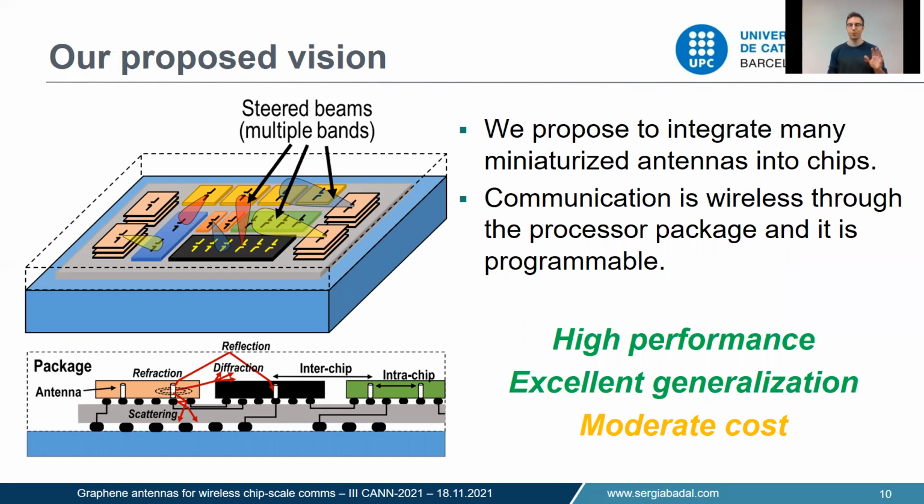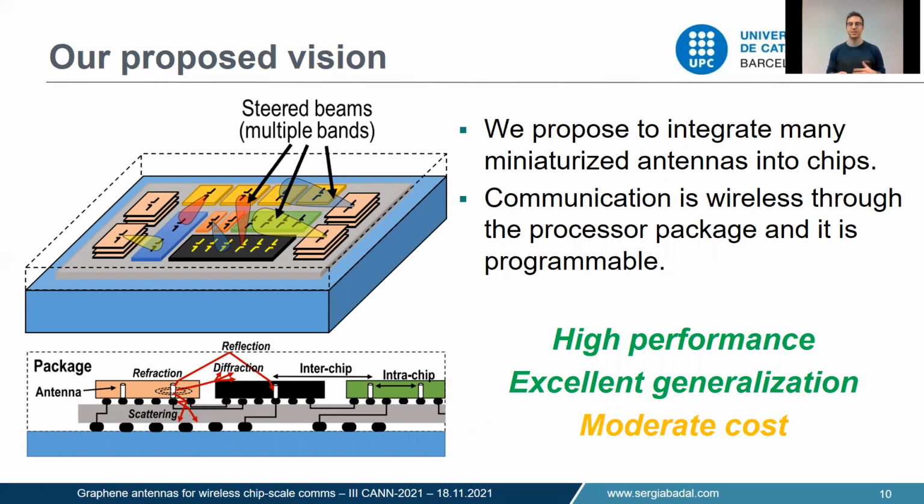Right? We are not aiming to replace wires. Wires are very good at what they do, but with wireless communications we can complement wires, because we have inherent broadcast capabilities, we have this versatility, and also we have low latency, which is very important for communication on chip. Right? So this is our proposed vision, in which we have antennas on different chips of the system,